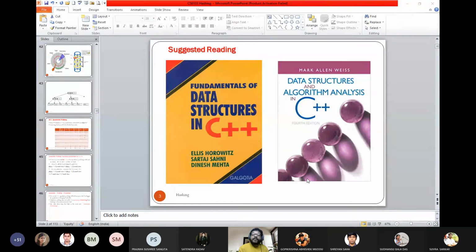AVL tree you have read, na? So Sri, AVL tree you know? Yes, sir. So what is your experience? Something to remember? What is any application for AVL tree? You tell me. Any application? Anybody can suggest any application? Sir, I don't know. Anybody can share an AVL tree application? Sir, what I know is it is a binary tree with height restriction. That's all I know about AVL tree.